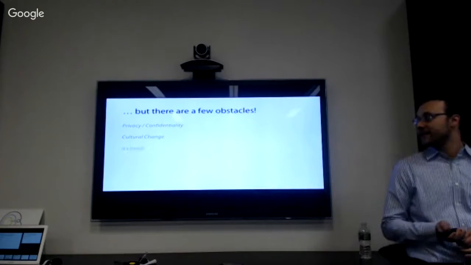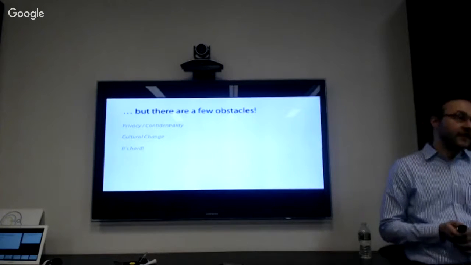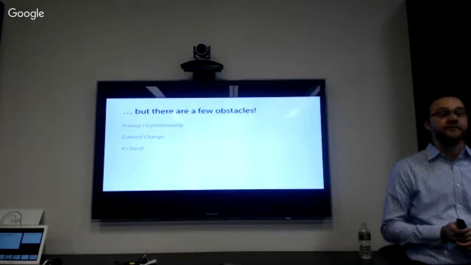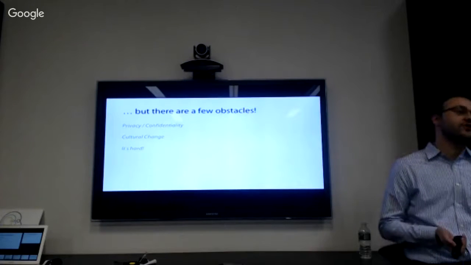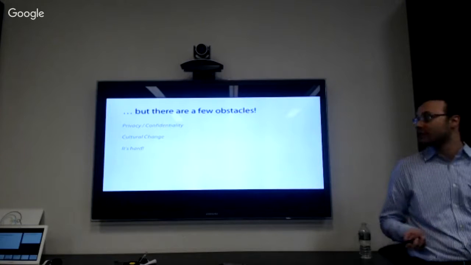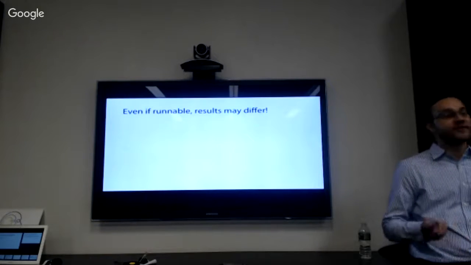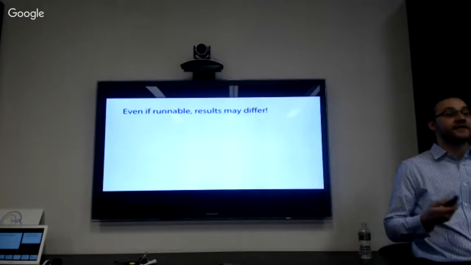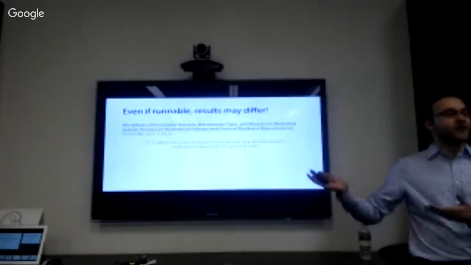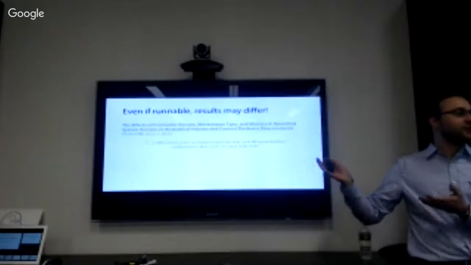And last, computationally speaking, it can be really hard, okay? One of the issues with reproducibility at the computational level is that even if your research is runnable, your results may differ on different systems, or even on your own system after a long time. For this first study, maybe you know the software ReproZip, I'm not familiar with it.